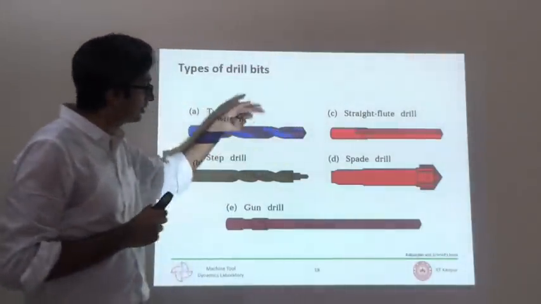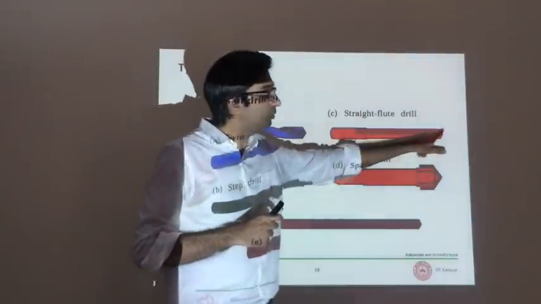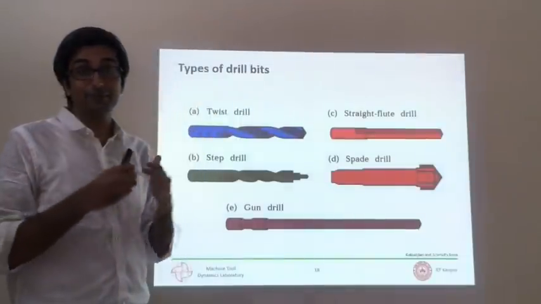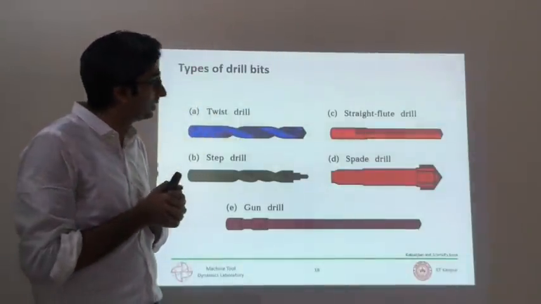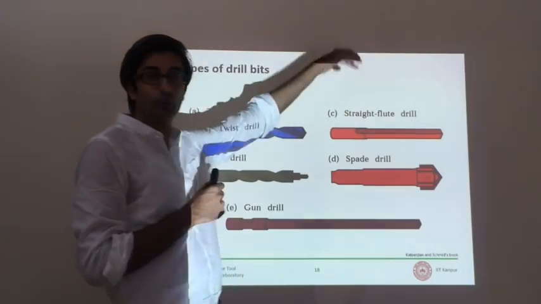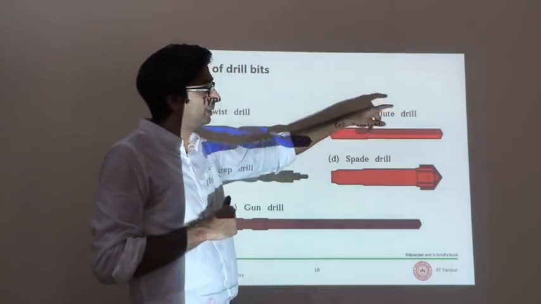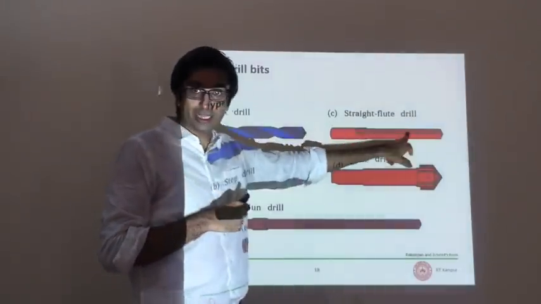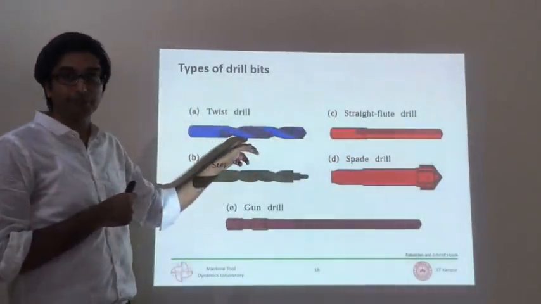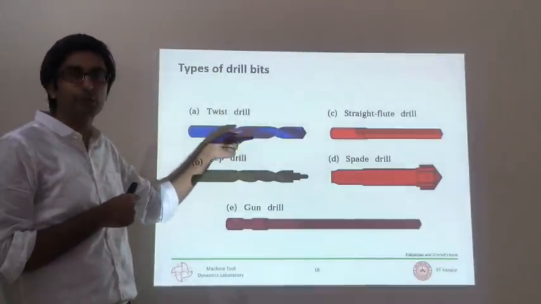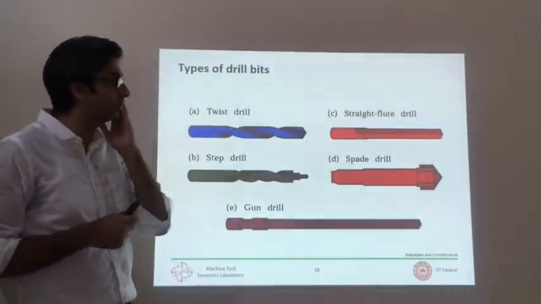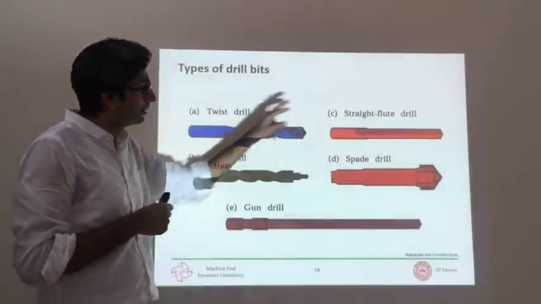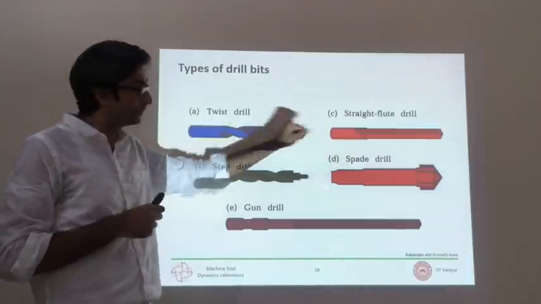Sometimes, if you don't have this flute, you can also have a straight flute. It's called a straight flute drill. Names are self-explanatory, right? This is not very often used. I also don't like it because it clogs chips. But depending on the application of interest, this has more core strength than this, because a drill gets weakened because of the wrapping of these flutes around it. They're not wrapped, that's how they're machined. Sometimes you prefer to use a straight flute drill also.